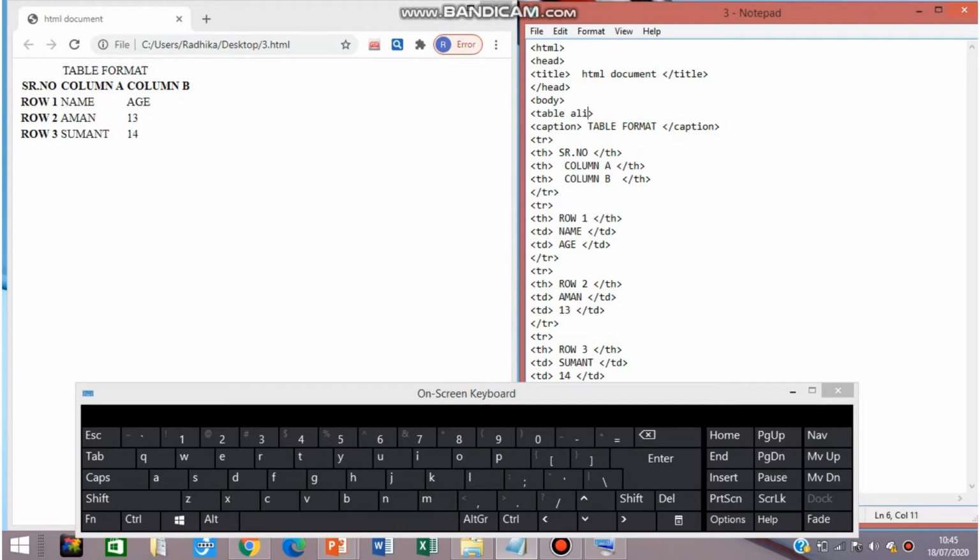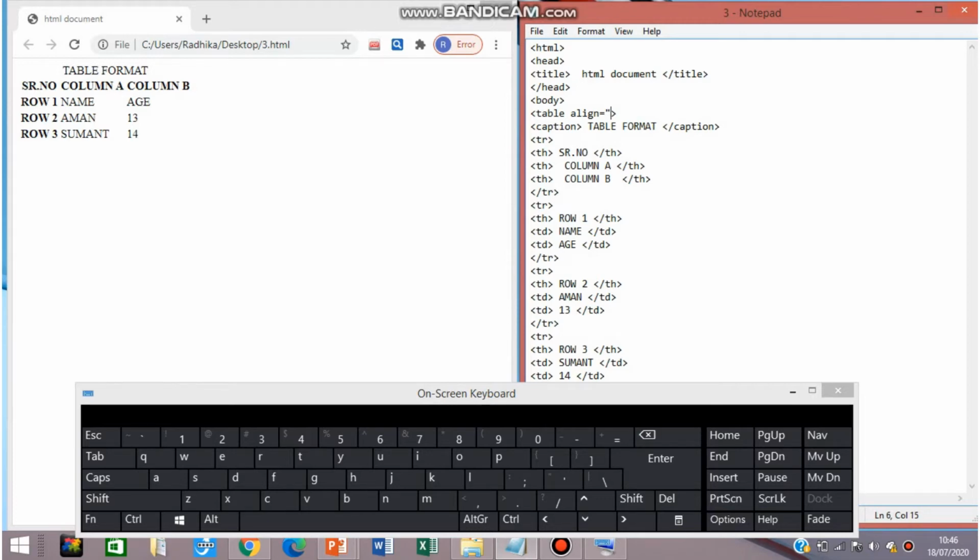Align is equal to, and whatever thing we are mentioning is either center, top, right, or left. Whatever we are mentioning, we have to mention in double inverted commas. It is compulsory to mention that in double inverted commas only, otherwise your code will not work.